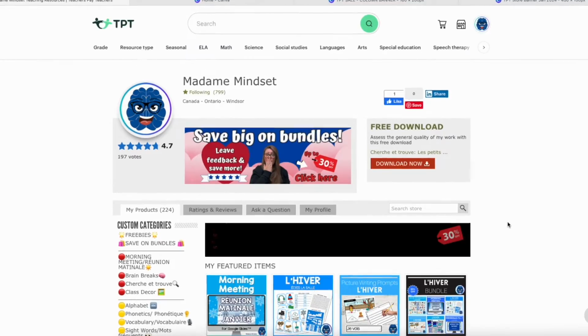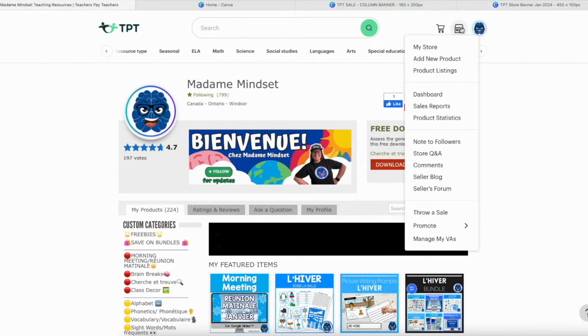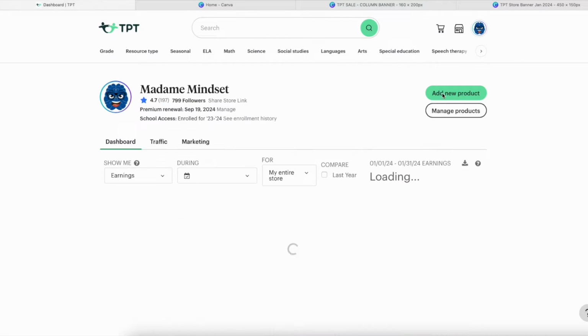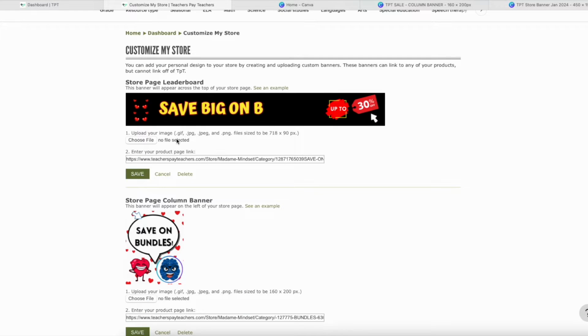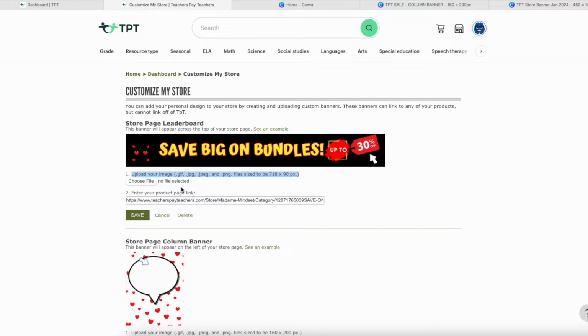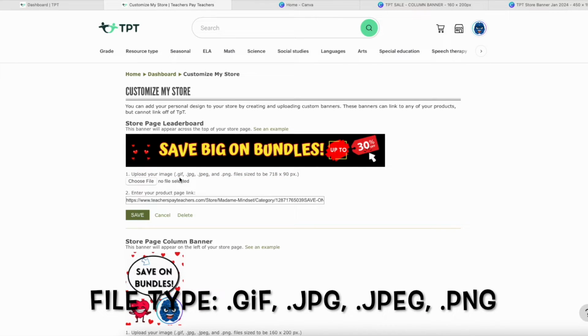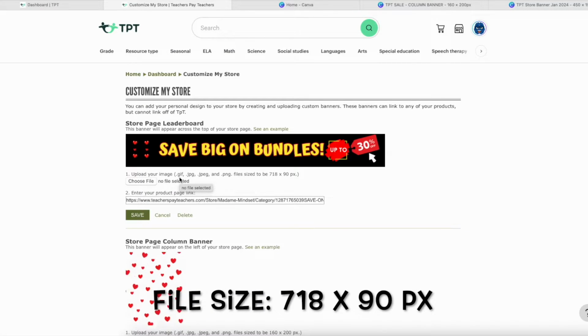The second image that I will show you how to make is called the Leaderboard banner. It's the second banner on the page that is just above the featured products on your page. Okay, so how you find out what size you need is you go into Dashboard, you go into Marketing and Customize with the magic wand, and you can see the images that I have right here. You have to look right here and write down the file size and type for the Leaderboard. Okay, so the files that you can use are GIF, JPEG, PNG, and then the file size is 718 by